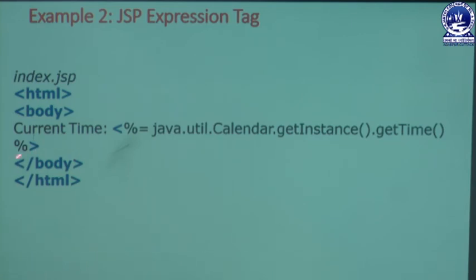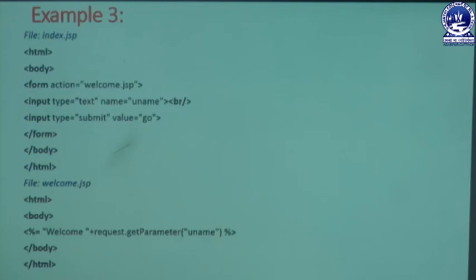Then we can close that body section, then close that HTML section. In this way we are doing our program. Next we can learn another example, also related to that expression tag, which is related to our JSP, means the dynamic. We can also make another JSP page that is linked with another JSP page. A single JSP page can also contain some HTML form sections.